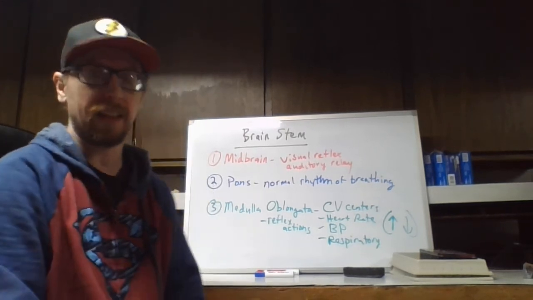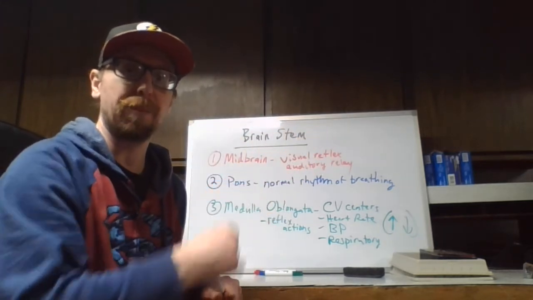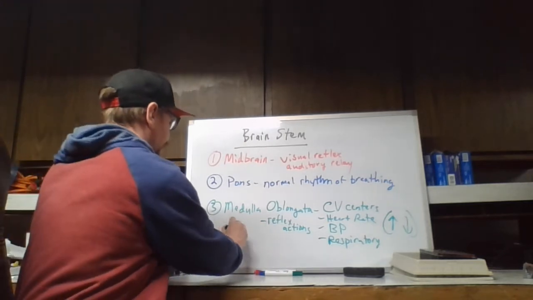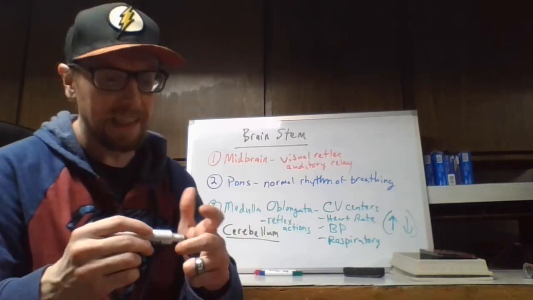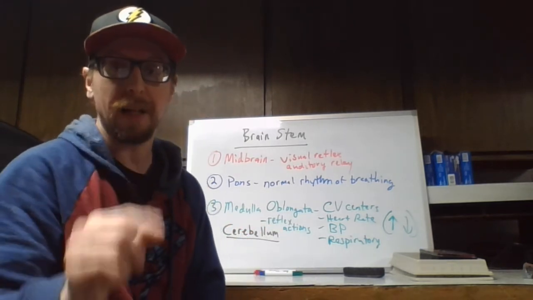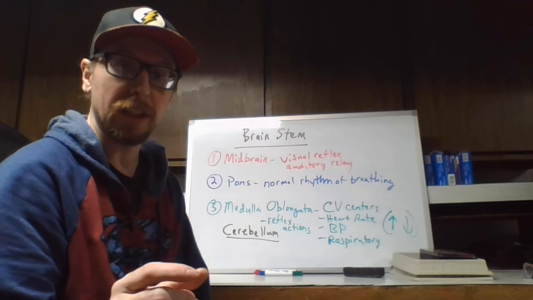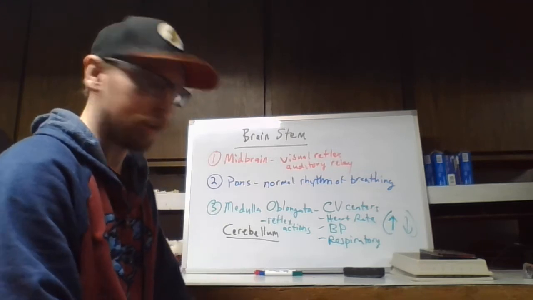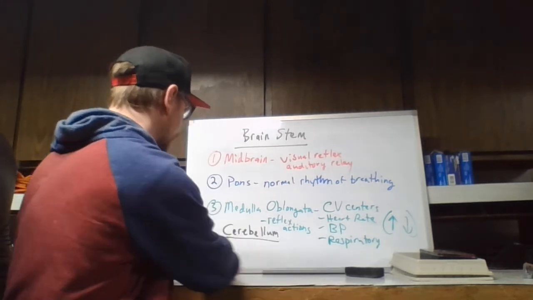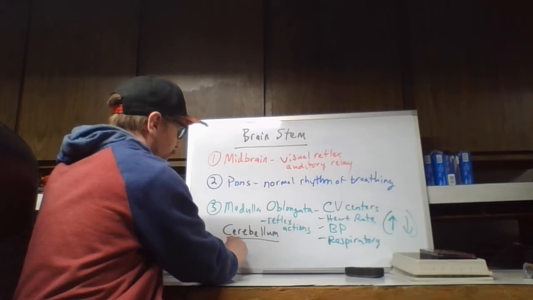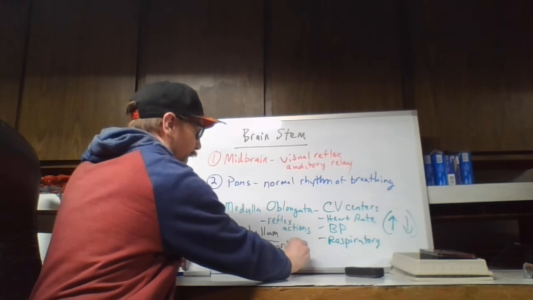Okay, the last aspect that we're going to talk about is right next to the brainstem. Actually, it's right behind the brainstem: the cerebellum. Now, the main thing that I want you to remember about the cerebellum is that it smooths out and makes small adjustments to any type of skeletal muscle contraction. So it helps coordinate and smooth out muscle action. So I'm going to put that down on here. Smooths out,